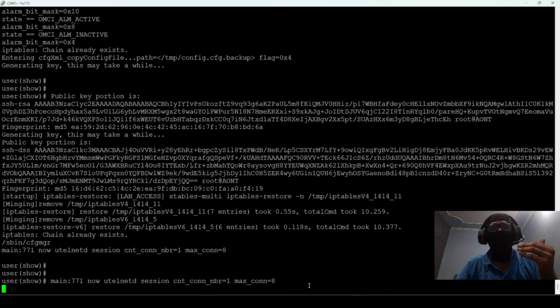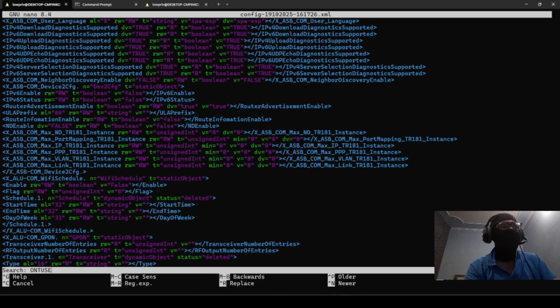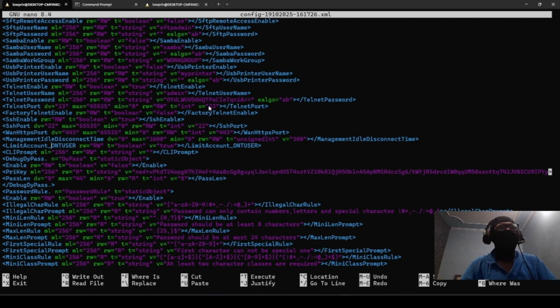So let's see if we can find ONT user in this file. ONT user, and we see ONT user, and it is saying limit account ONT user to true.